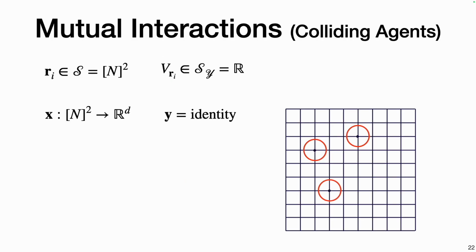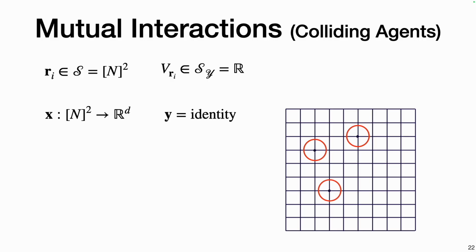Another example is the colliding agents environment. Let's say we have L identical agents that move on a two-dimensional surface. They are identical in the sense that their policy is identical too. The policy is the algorithm that governs how the agents move, and it is identical too. We can denote each agent's initial position as the r_i vector, and we say if two agents collide, they get